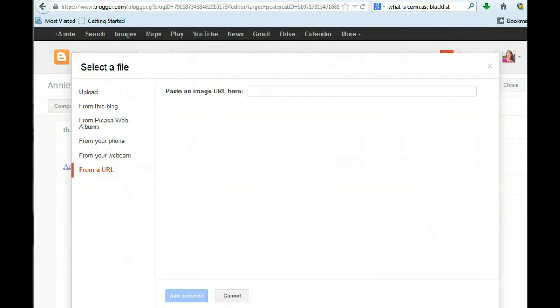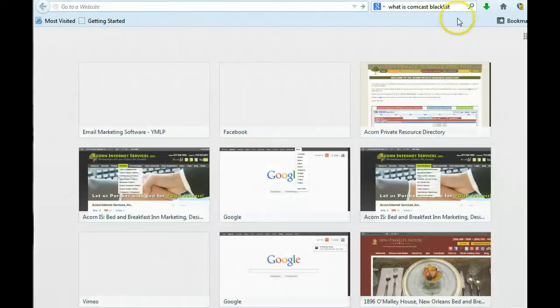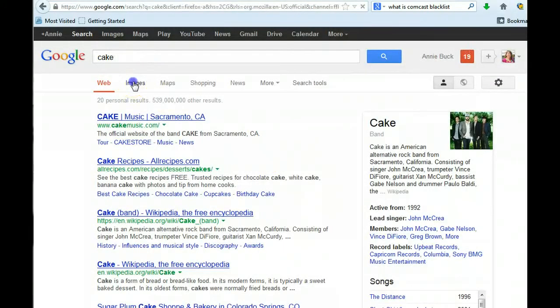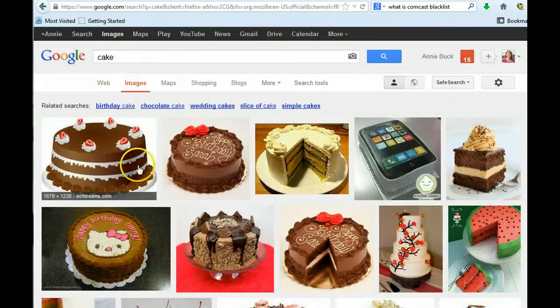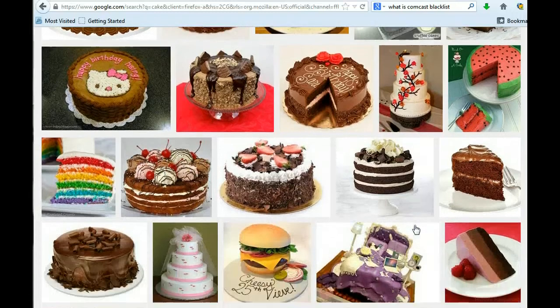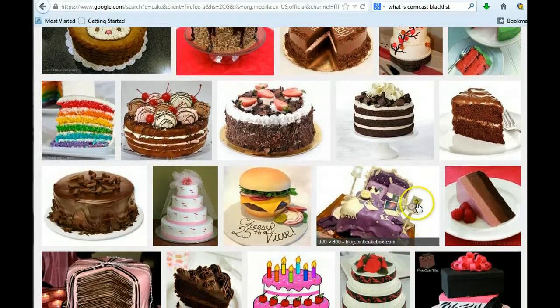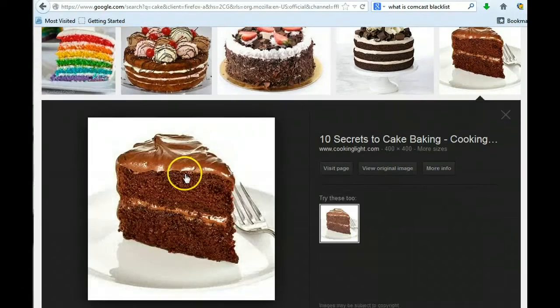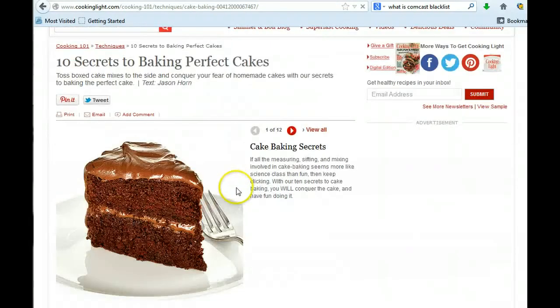So to add from a URL, we are just going to open a new tab here, and I'm going to do a search for cake. And then I'm going to look for it's going to load here, and then we'll look for images. And so you have an image that you want to load. Make sure you own it, or you have permission to use it, and you just pick your image, and then on the page that you want to use the image,